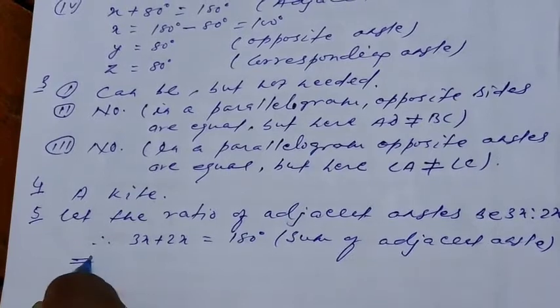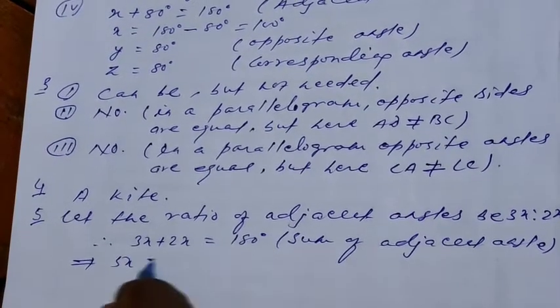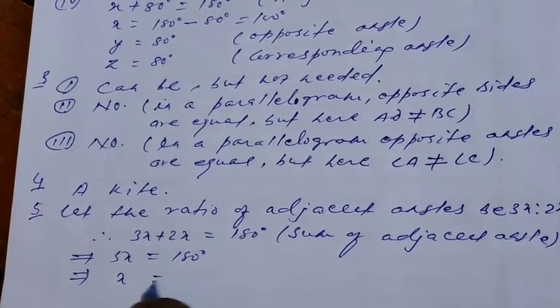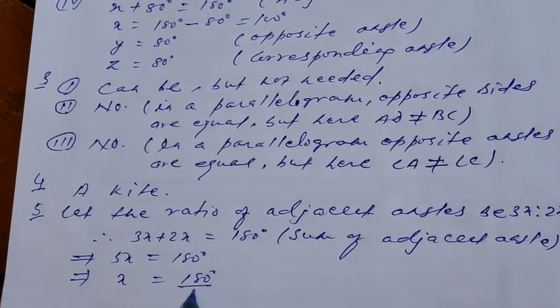This implies that 3x plus 2x, 5x, equal to 180 degree. This implies that x equal to 180 degree by 5,